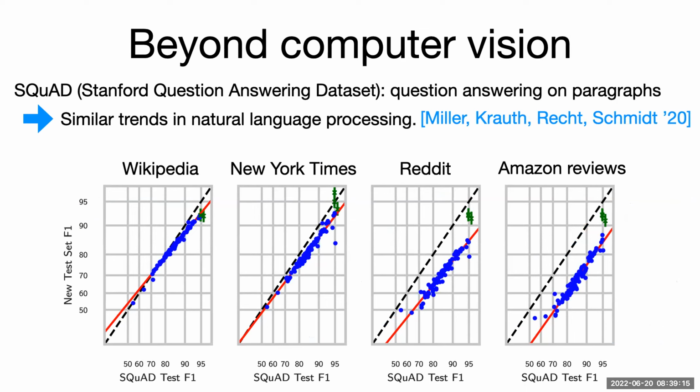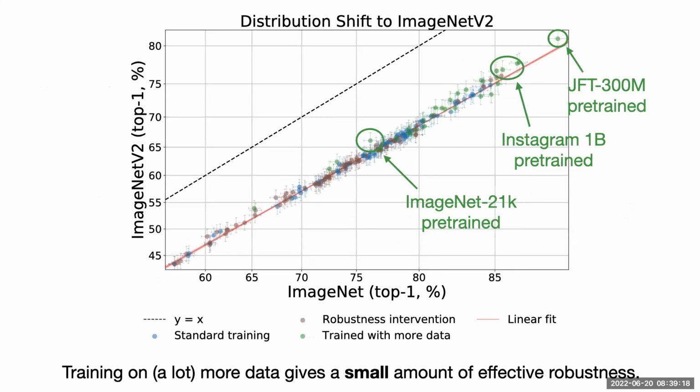Instead, let's go back to the question we had and talk a little bit more about the role of data, because at some level, this seemed initially quite pessimistic to me. We have a 10 to 12% accuracy drop on ImageNet v2, and then training on 1,000 times more training data gives you about a 1 to 2 percentage point increase. So if we say we want to fully close this gap and get to where humans are on the y=x line, this would mean you need something like 10 to the 15 more data. I mean, this is a silly amount of more data. So initially I thought, okay, maybe we really need new ideas there. But since then, there have been some really interesting developments that we're going to talk about now briefly in the second part of the talk.